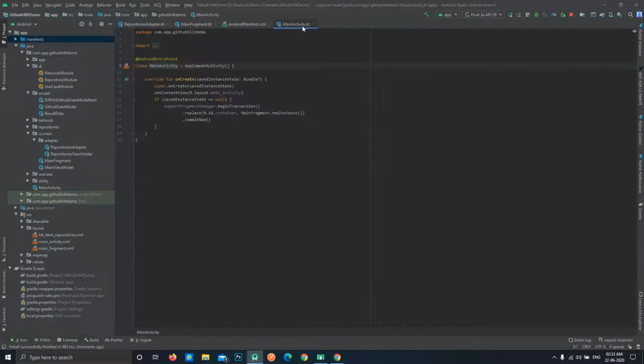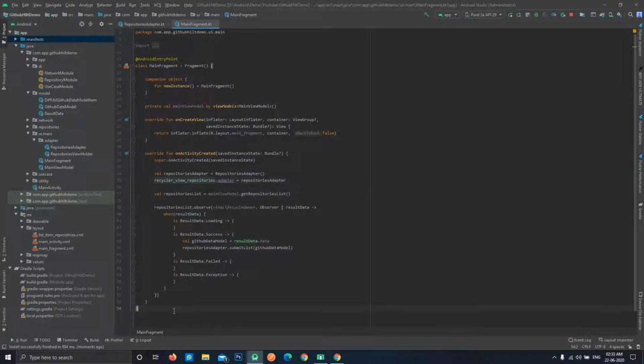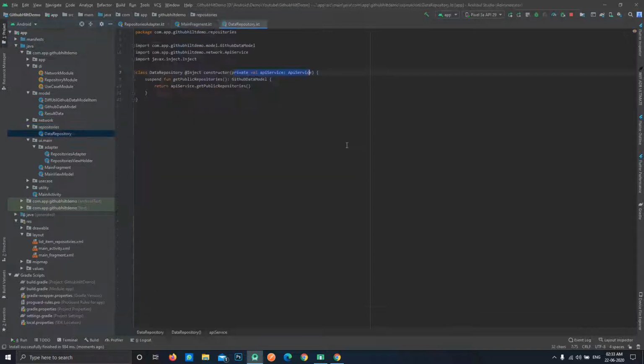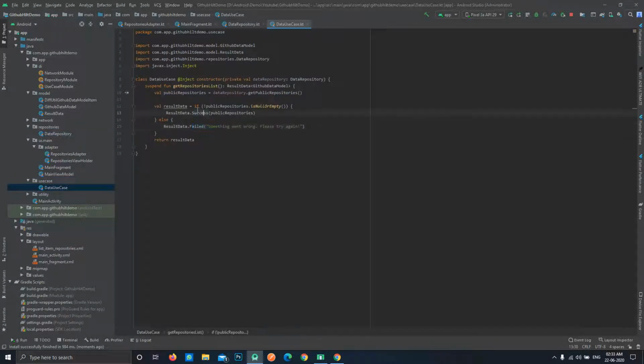You can use your own layouts and improve the application as much as you can. In this video I have taught you how you can implement Hilt in your applications, and how you can use some basic coding patterns like I have used here. I have created a separate repository class to call our data, and I have created a use case class to get the result from that data and do some modification over that.